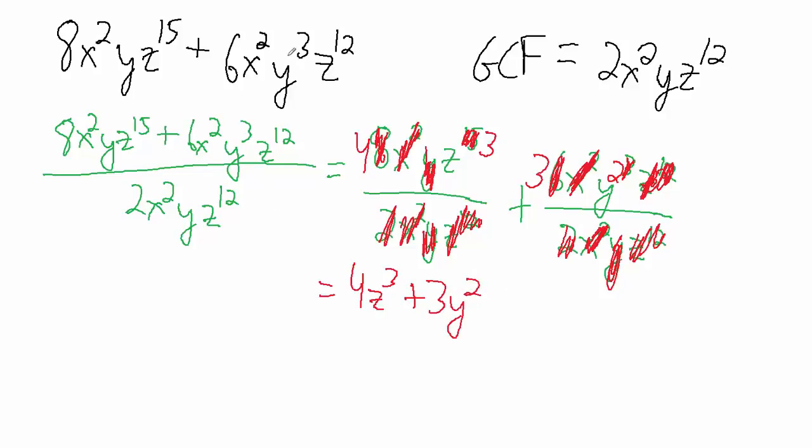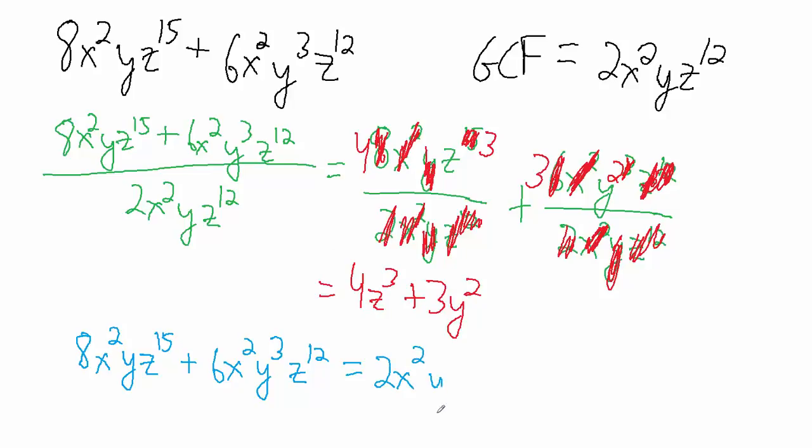Okay, so in other words, when we take our algebraic expression and factor or divide here by the greatest common factor, then the result is 4z cubed plus 3y squared. So writing that as something that's actually factored is going to give us 8x squared y times z to the 15th plus 6x squared y cubed times z to the 12th equals 2x squared y z to the 12th, our greatest common factor, multiplied by the result of this division here, in other words, what we get after we factor, which is 4z cubed